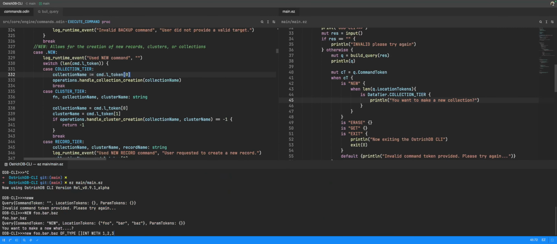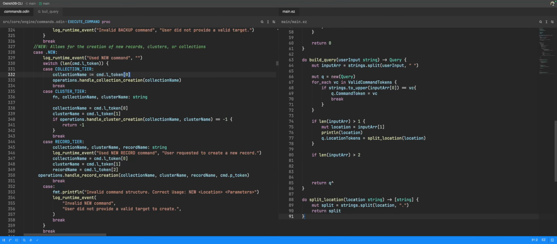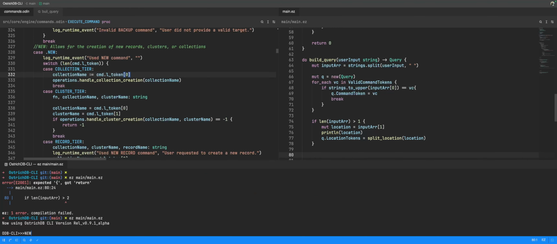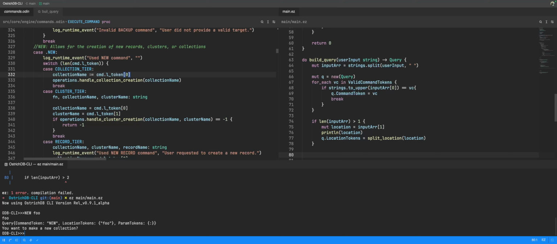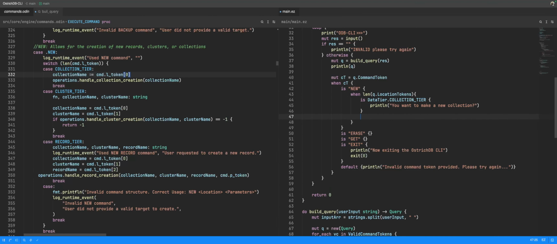It's on the keyboard. Oh, right, I was doing this. Okay, so if we just do new foo, yeah, perfect. Okay, that's nice. Good. Yeah, so we can do that. So is data tier dot cluster tier